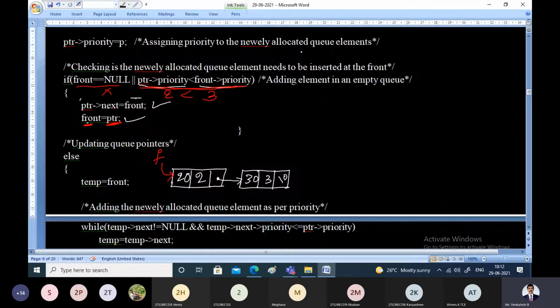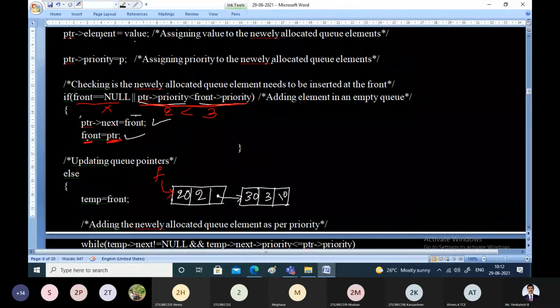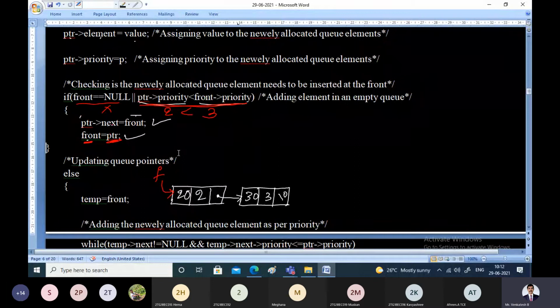So what is it that we usually do? First we'll take a node and allocate memory for that. So I'll take the node here itself.